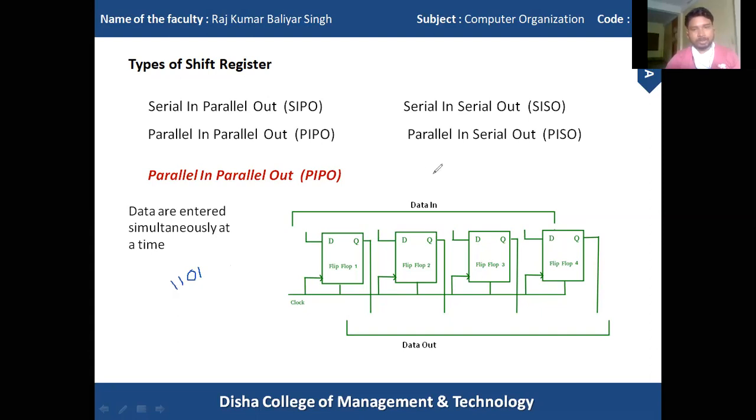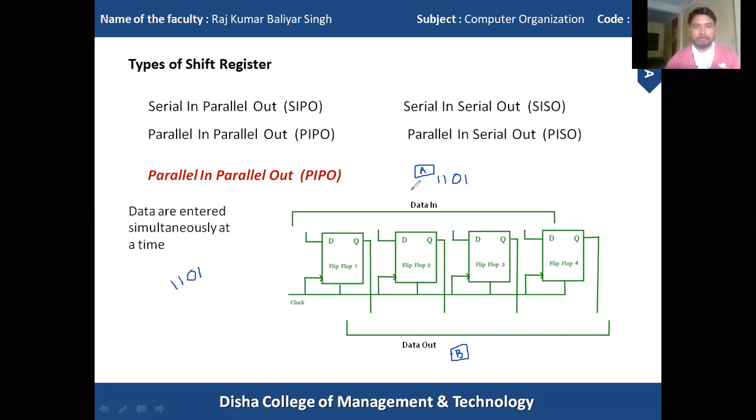This is my device A, and this is my another device B. I want to transfer that 1101 from device A to device B.